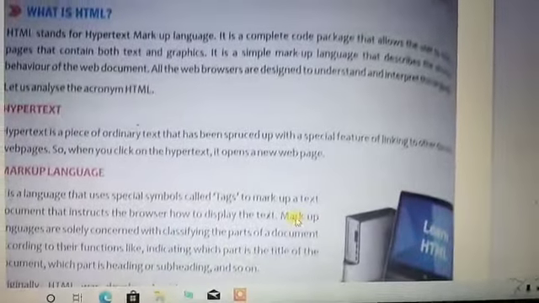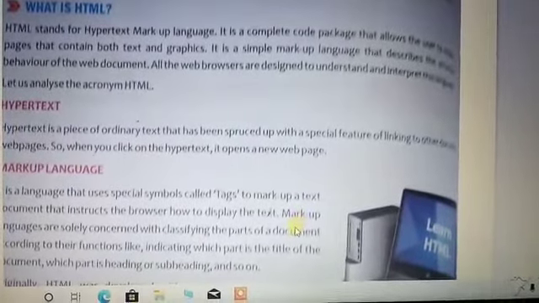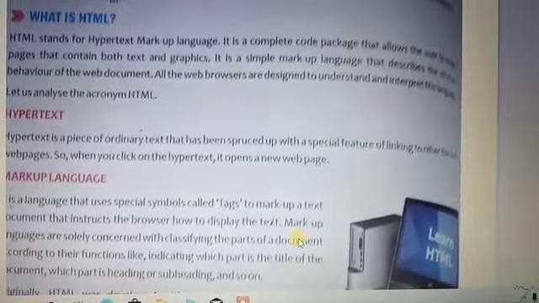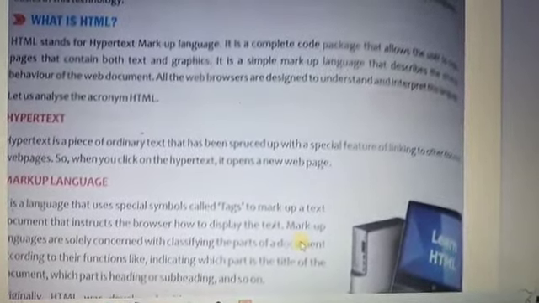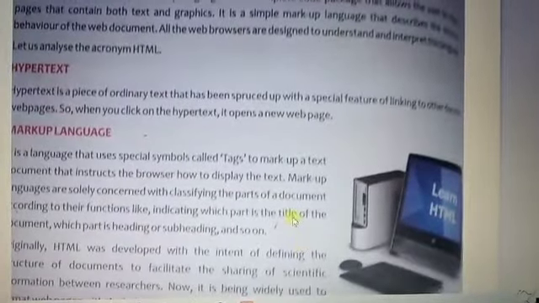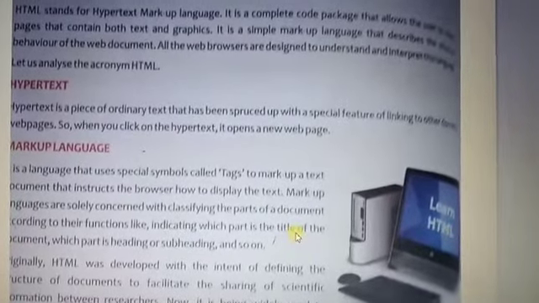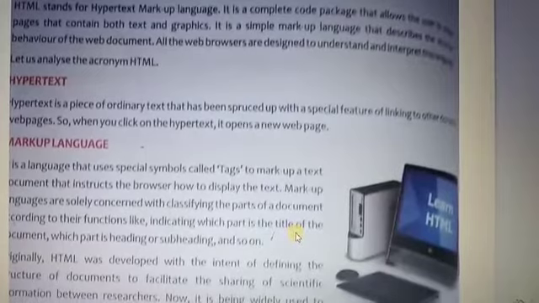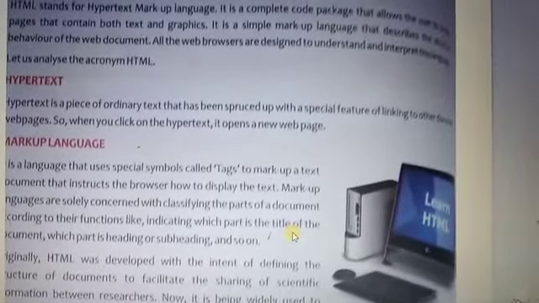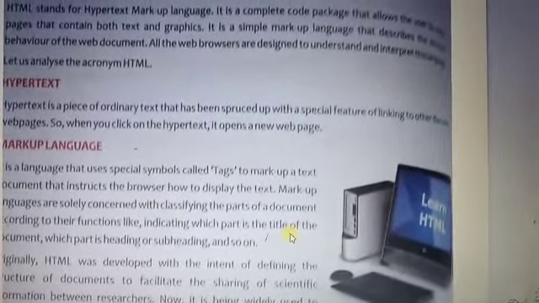So basically the markup is the collection of different tags, and tags are also of two types. One is the container tag, another one is the empty tag. The container tag means it contains both the opening tag and the closing tag.